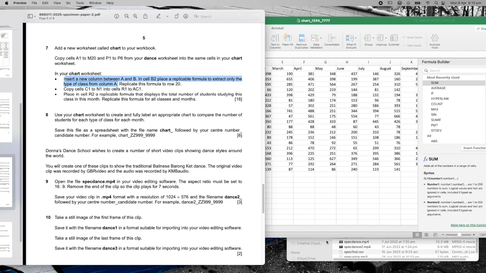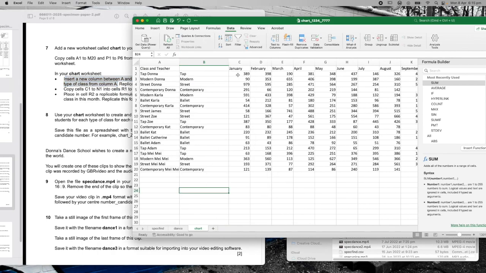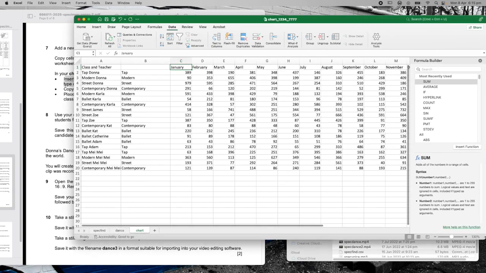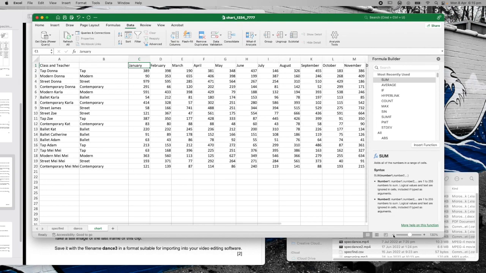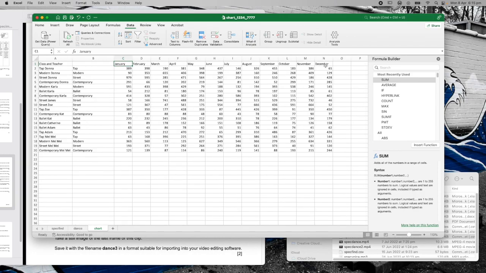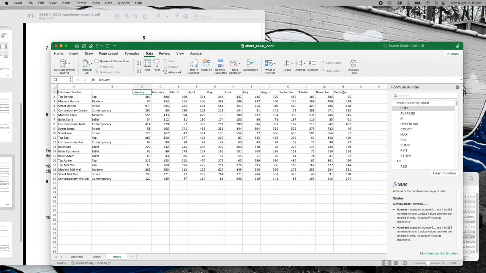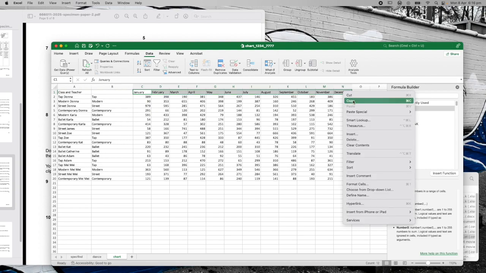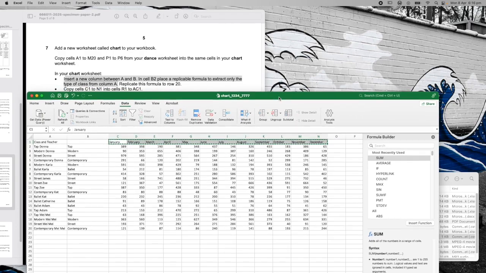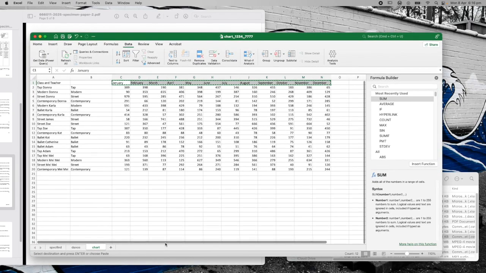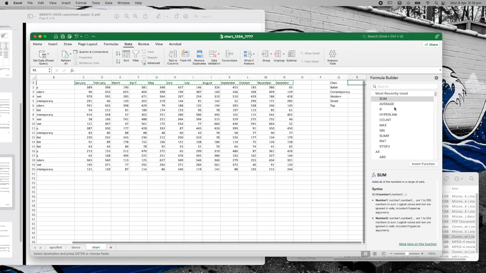So C1 to N1. I'm assuming I go from C1, which would be there, all the way through to N1. So let's go across. I'm going to zoom back a bit so I can see it a bit better now. So in other words, copy cells from C1 to N1 into R1 to AC1. So I'm copying the months. I'm going to right click and just say copy. And then it's saying put them into R1 to AC1. So I have to scroll across here to get to those ones that they're talking about,